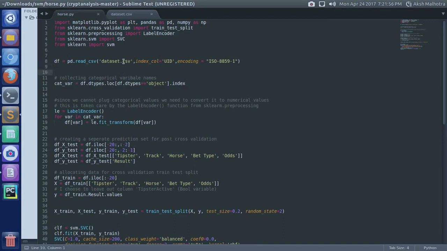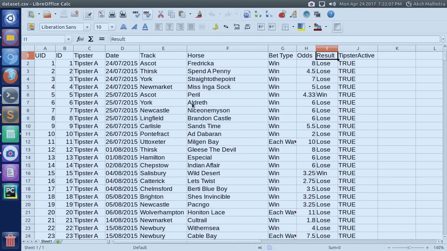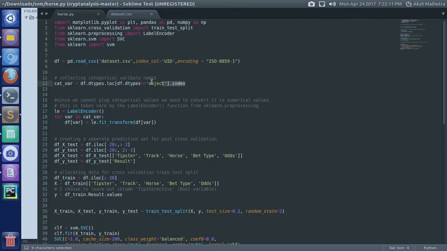Now with this we are loading our dataset. As you have seen, this dataset is in string format. We have to convert it into numerical values, so we convert it using label encoder.